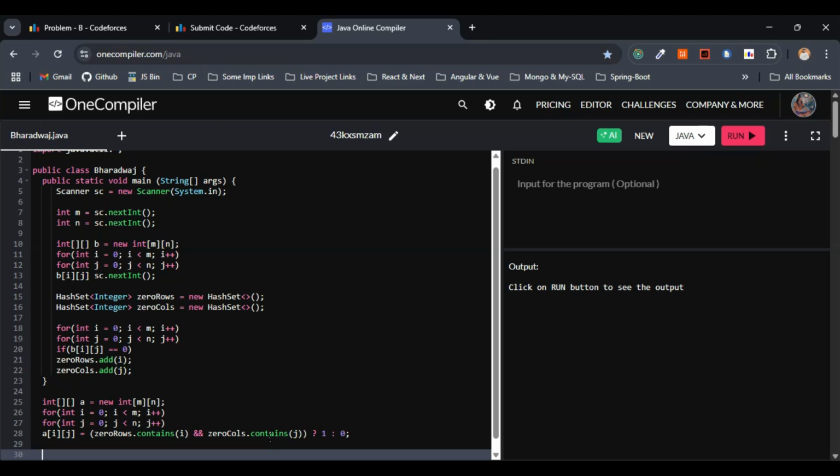Whatever we discussed in the approach and whatever the complexities that we discussed, it's exactly the same thing. Whatever we discussed in the approach, we are articulating in the form of code here, right? Accordingly with the complexities that we discussed. I also said that we'll be making use of the two hash sets, and after constructing the matrix A, the